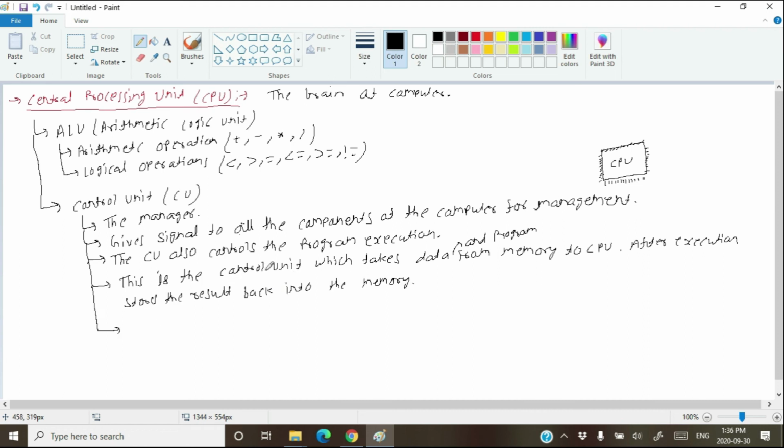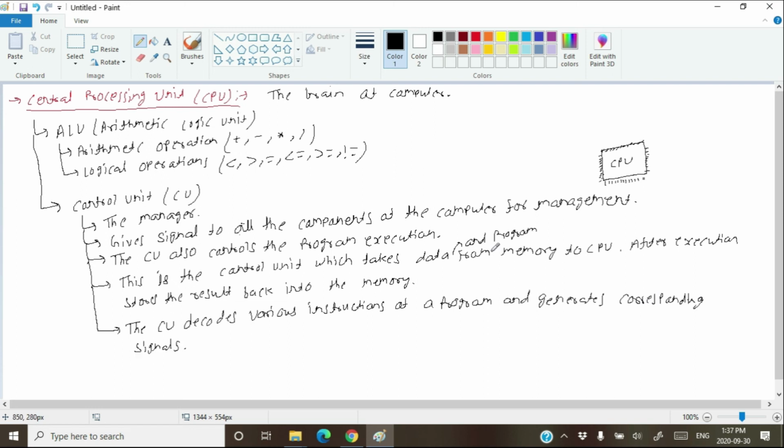So you know that the control unit takes the data and program both from the memory, but the control unit also decodes various instructions of a program and generates corresponding signals. See, the program is a set of instructions.